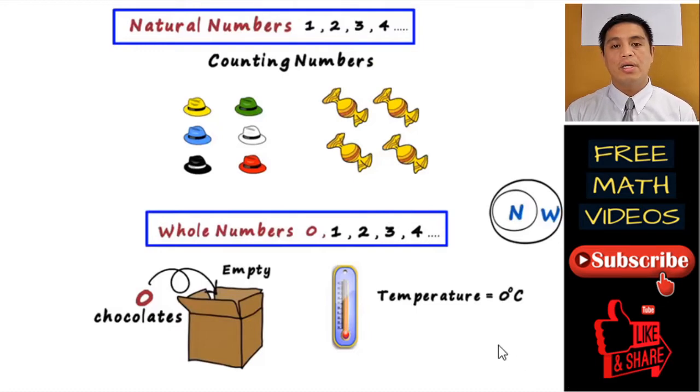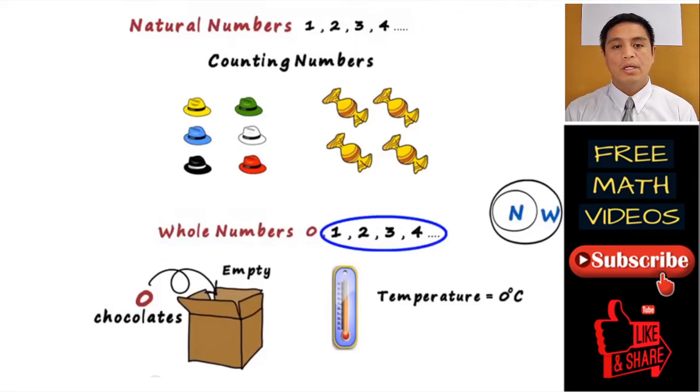So again, natural numbers start with 1, 2, 3, and so on. Whole numbers start with 0. It means the negative 1, negative 2, negative 3 are not whole numbers. Okay, only the positive natural numbers and the 0. Next,